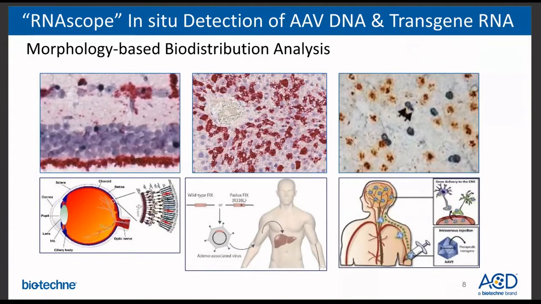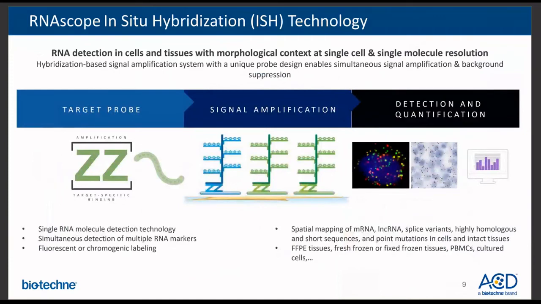Okay, so to kind of jumpstart this RNAscope overview, we're going to do a little overview of the RNAscope technology, as I already mentioned. So how are we able to do the previously virally transduced detection, using virally transduced tissue, and detect these transgenes using RNAscope? The RNAscope technology is an ideal spatial analysis solution to interrogate complex tissues and